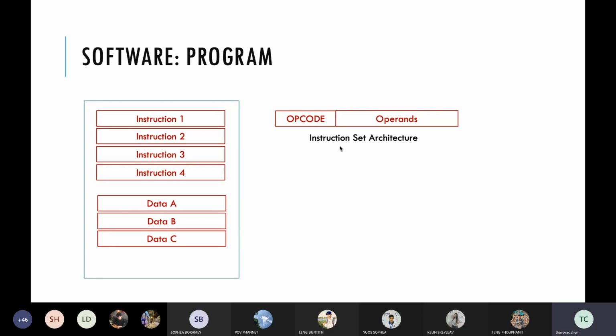The operation code can be something like load, add, sub. Yes, a lot. You can think about what we have learned in the assembly language last year. So,